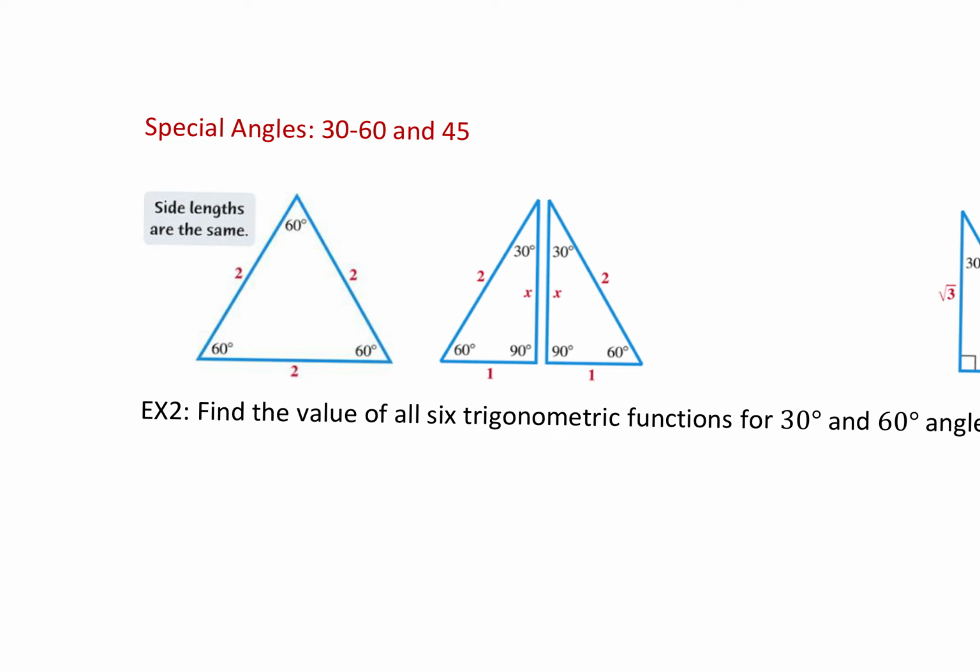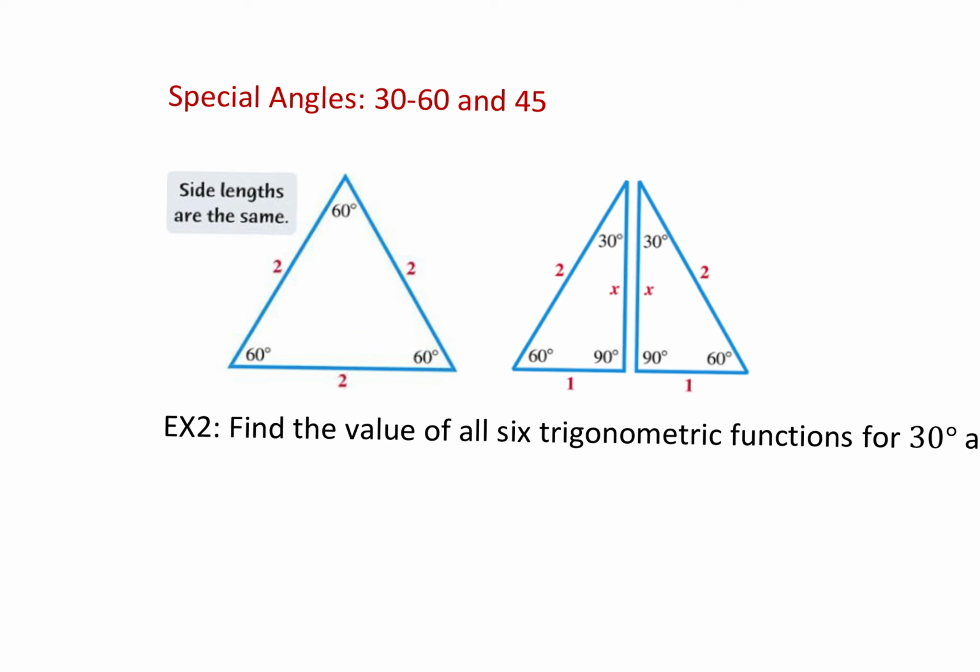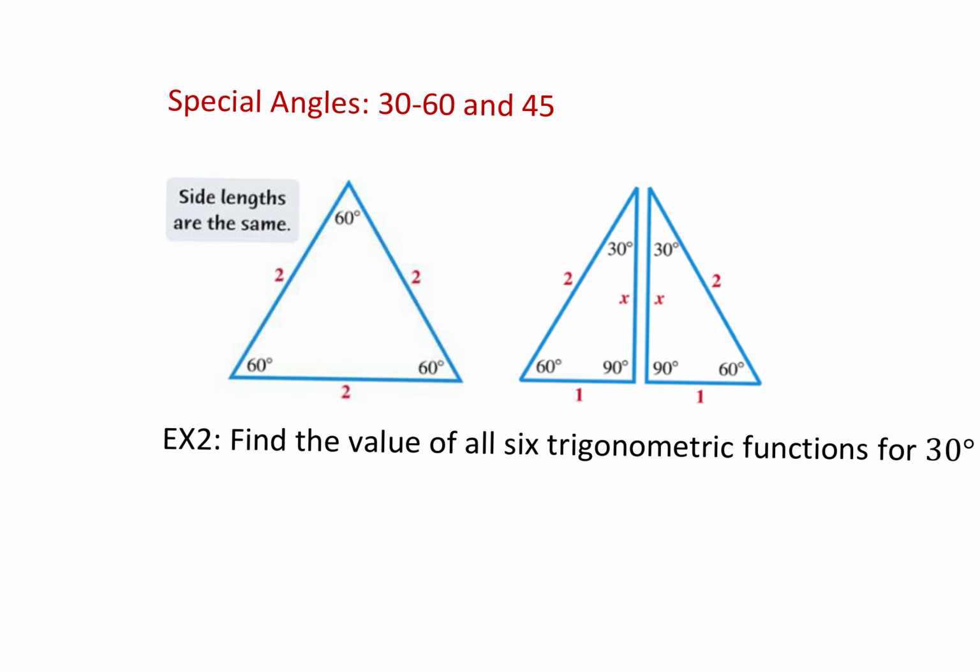We'll look at an equilateral triangle. Equilateral meaning all sides are equal. And necessarily if all sides are equal, all angles are equal. In this first example, I have an equilateral triangle with sides of length 2. Now, if I were to draw a vertical line cutting this triangle in half, what I've done is I've formed